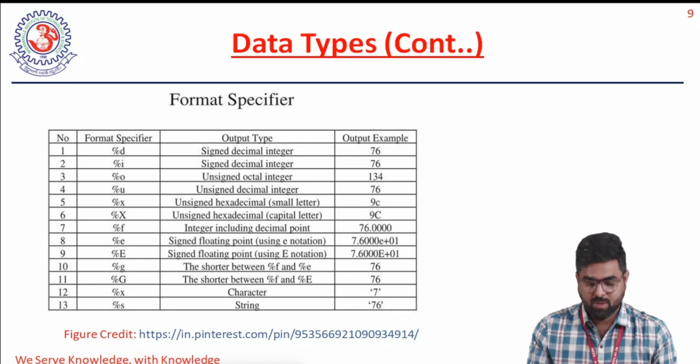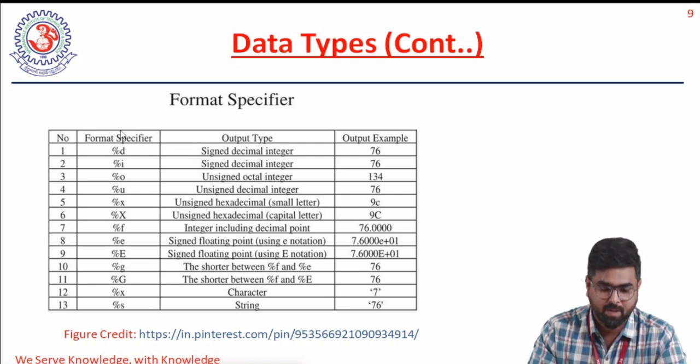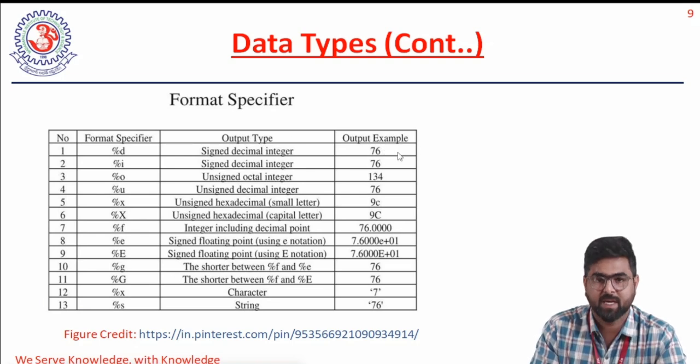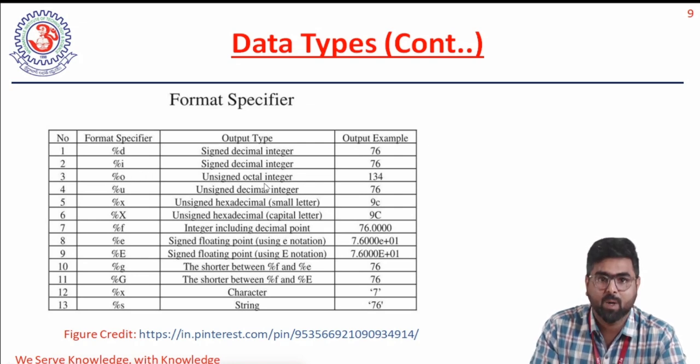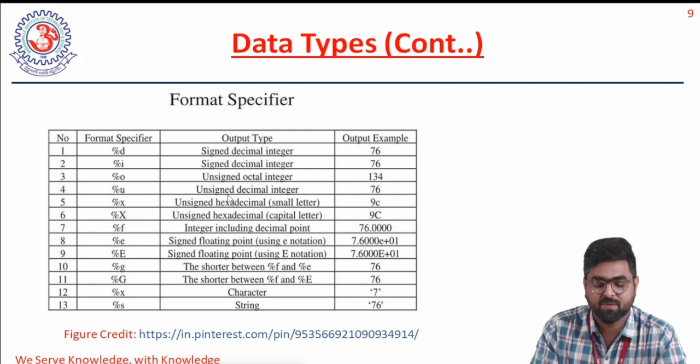Now we will discuss the format specifiers which we use to represent the data types. For a signed integer we use the format specifier %d, and I have given an example also. The example value will be like 76. A signed decimal integer we can represent using %i. For unsigned octal integer we use %o. %u can be used for unsigned decimal integer, and %x we use for unsigned hexadecimal, and %X